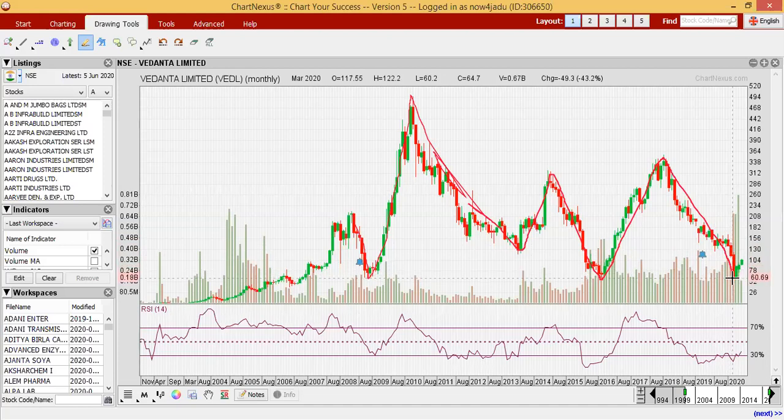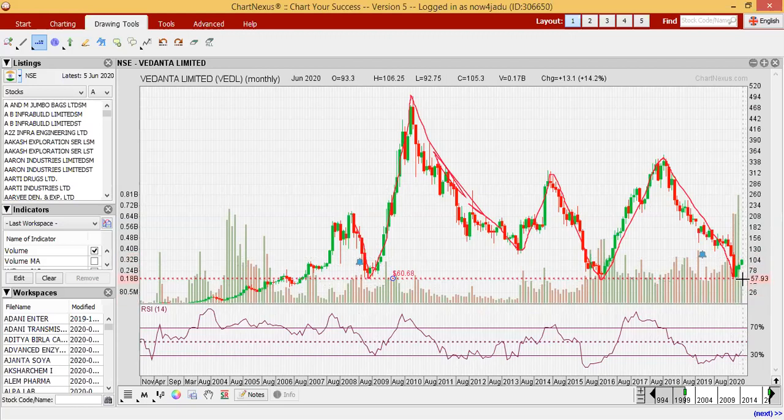Those who are checking the all time chart know this and draw a vertical line at this zone. They know the price of 60 to 63, meaning either 59 or 60, I think we can assume this is 60. So at the 60 level there is a very, very, very strong support which is valid from 2008, and it has again taken the support. So we can draw a vertical line here and see, it exactly took support here and bounced back, and now the price is trading at the 105 level.